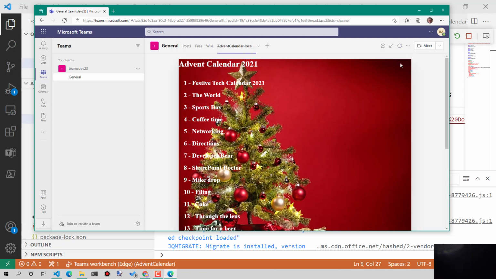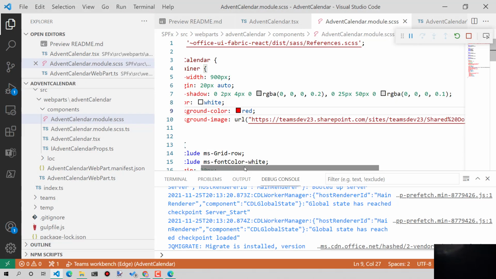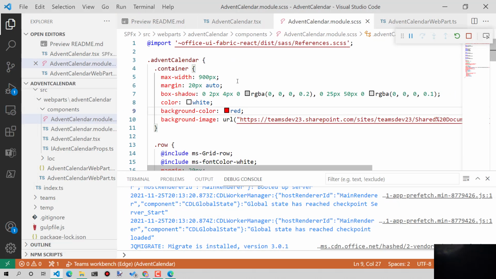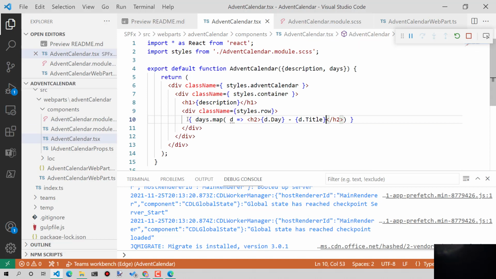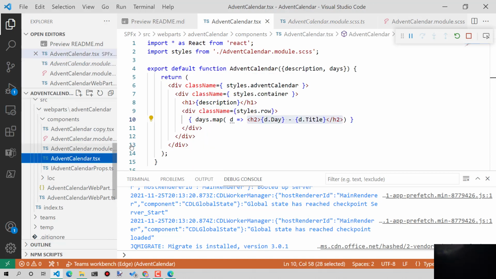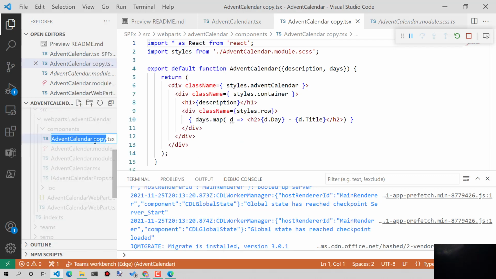Well, that's better. So now we've got a nice attractive background. So what I'm going to do now is move, let's just make a little bit more space here to work in. And I'm going to move the contents of this here, where it's producing this H2, into its own React components. So I'm going to make a copy of, probably the easiest way is to make a copy of this one, and I'll just rename that to